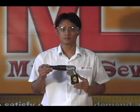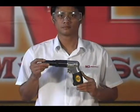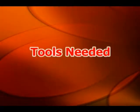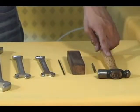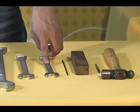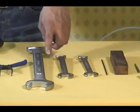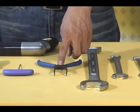Tools needed. The following tools will be needed to service the air screwdriver. Hammer, 3mm pin punch, small block of wood, scribe, 17mm combination wrench, 19mm combination wrench, 38mm combination wrench, internal snap ring pliers,